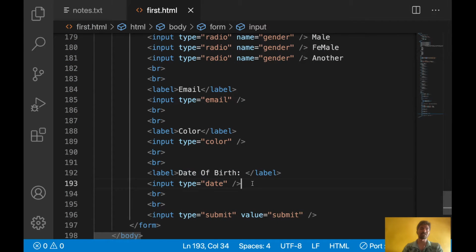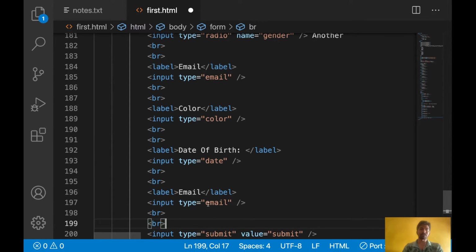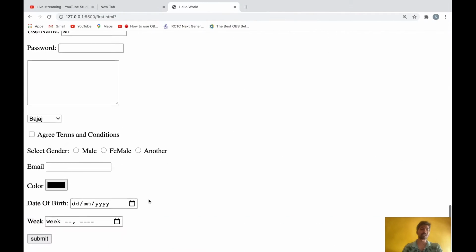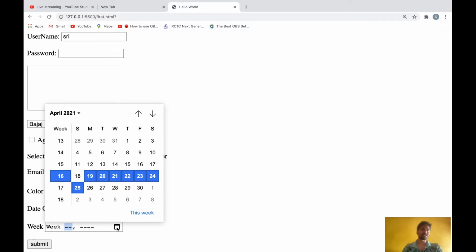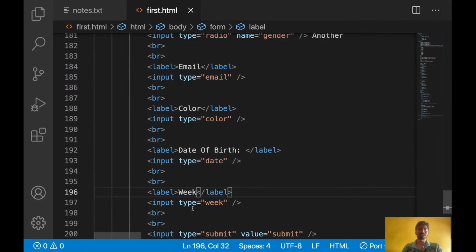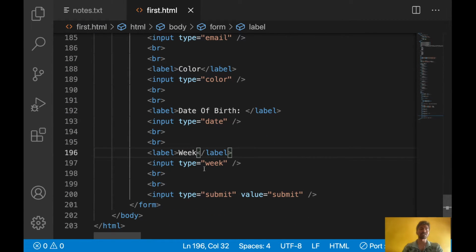Using this one, let's say I want to show some date, and month and week are also there inside this one. Let's say I want to select some week, here week is also there. Just weeks it will show instead of the complete date picker. See, here the complete week from here to here, week 16, you can select whichever week it is. Month is also there in a similar way.